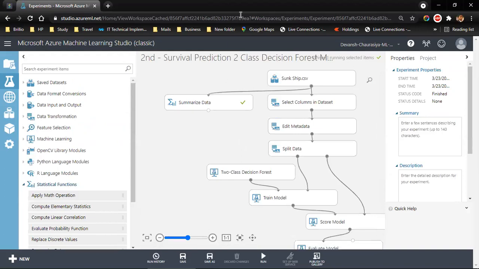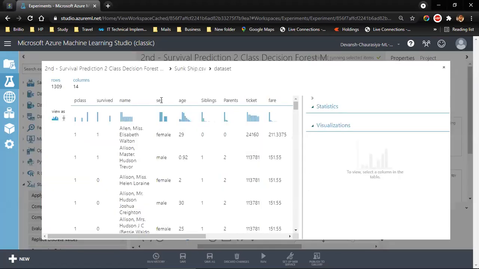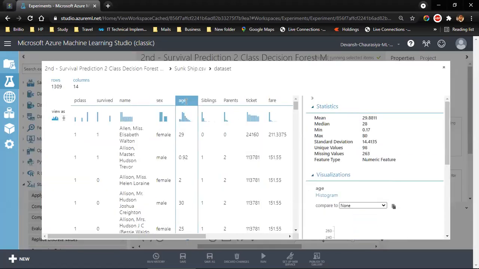Now, what we have to do is, if we take a look at this, let's visualize the data one more time. Age, for 263 candidates, or for 263 travelers, we don't have the age. It's a missing value. And if you look at fare, missing value is 1.